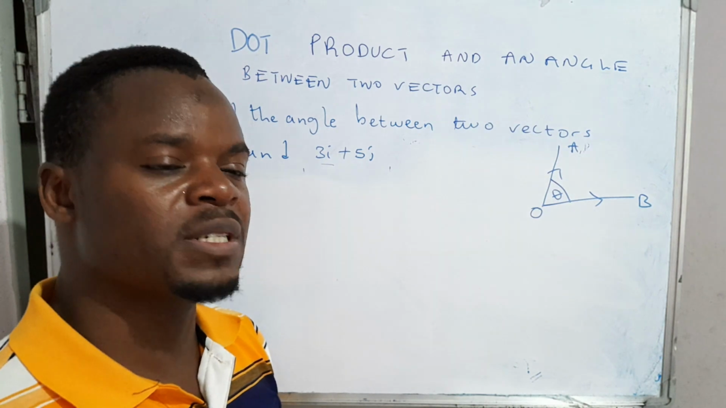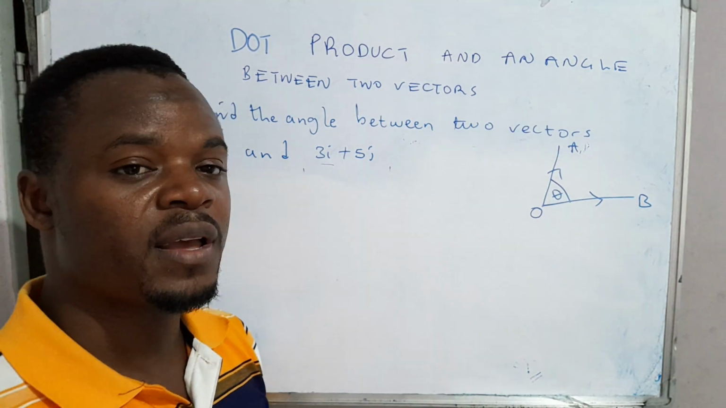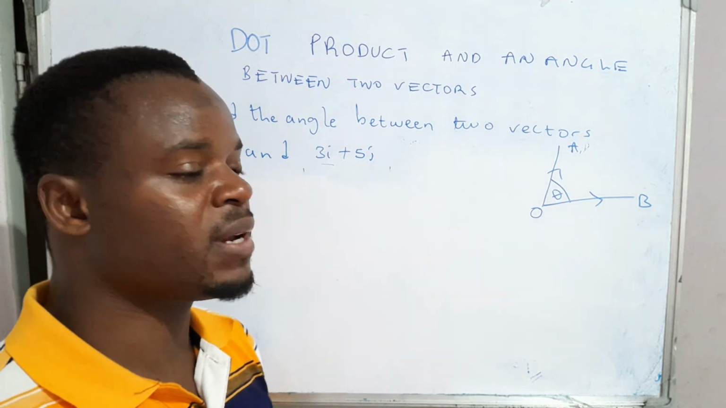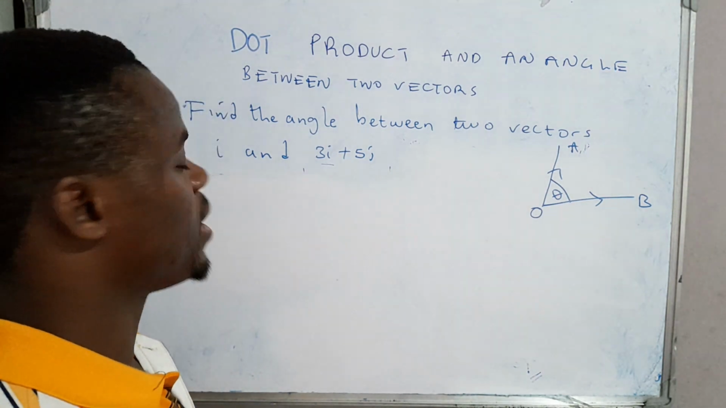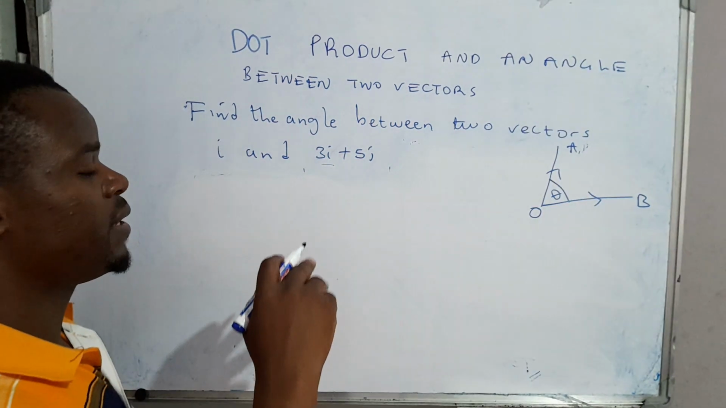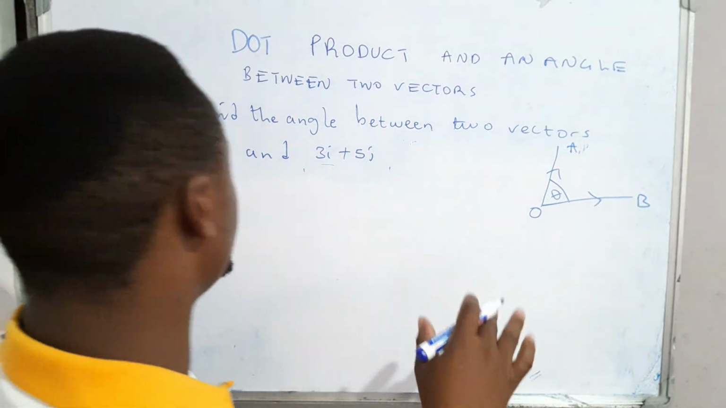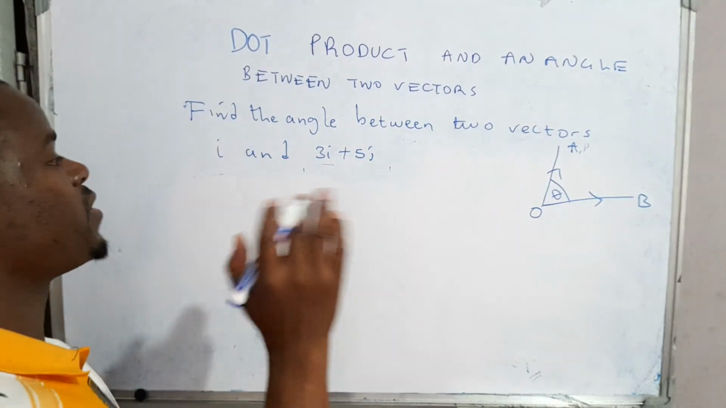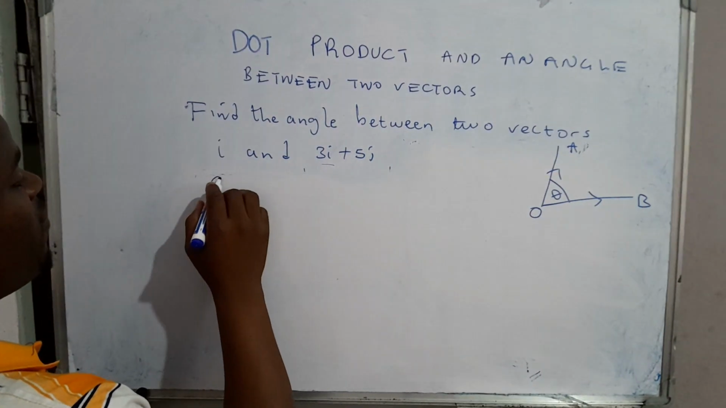For you to be able to determine the angle between two vectors, you first of all have to know how to find the dot product of two vectors. So how do you do that? That's what I'm here to show you. Now we have these two vectors, and we're going to write them in component form. So we say vector A,